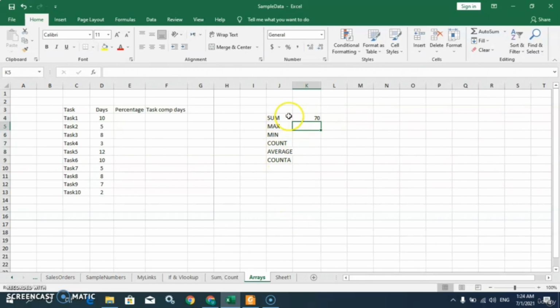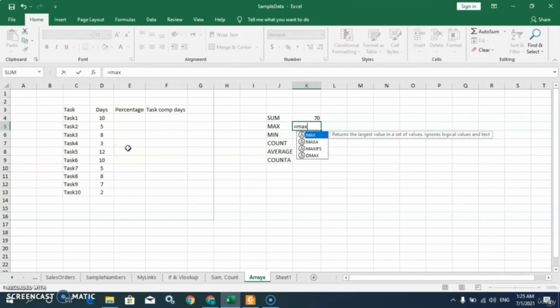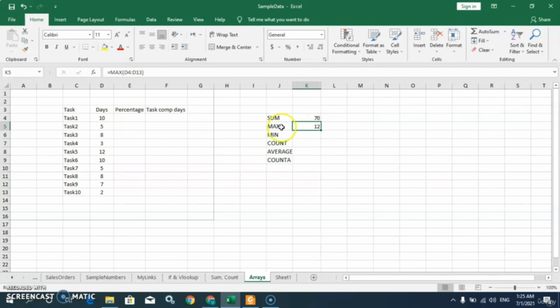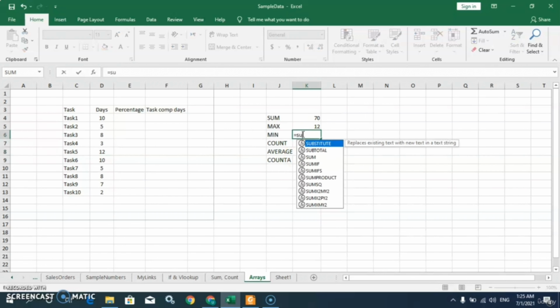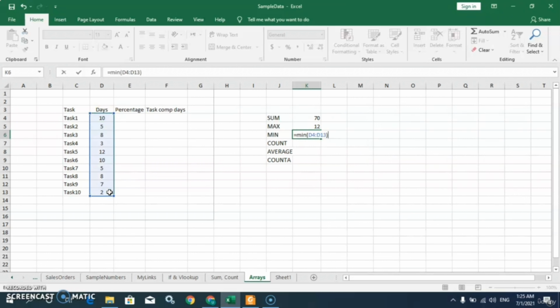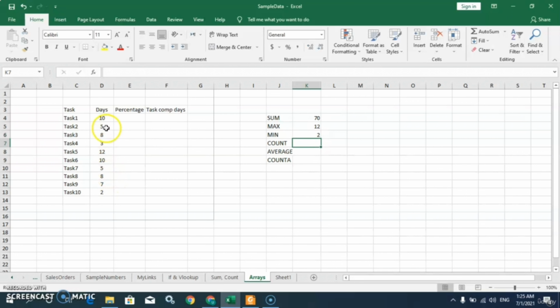Then in the same way we will use these other functions. See, here this is the max function. It will give us the maximum value out of these values. Simply write MAX, bracket open, and then select this whole range, bracket close, and then press the enter button on your keyboard, and you can see this is the maximum value out of these values. See, the same is the case for minimum. Apply the minimum function here. Use this range, then enter. You can see this is the smallest value available in this range.